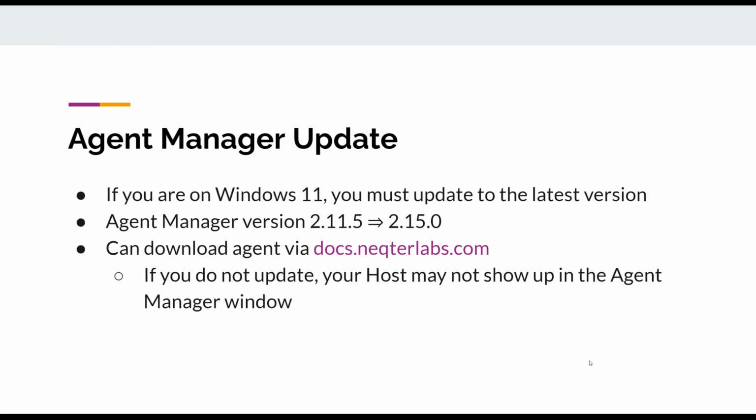If you're on Windows 10 or previous versions, the agent that you currently have is going to be just fine. So this is really only for Windows 11 users. So, getting that out of the way, we're able to cover some of the newer things that we have, and we've added some stuff. We're able to shoehorn some things into the update since we last talked at the beginning